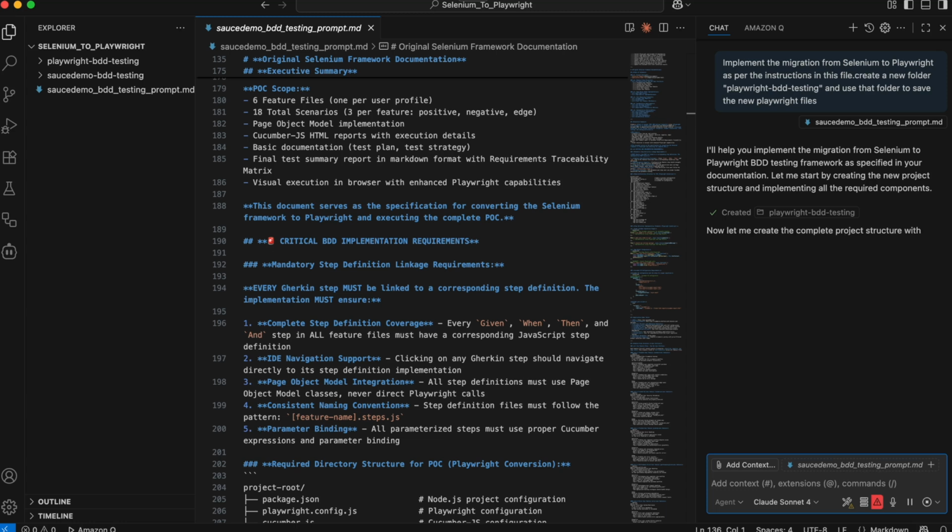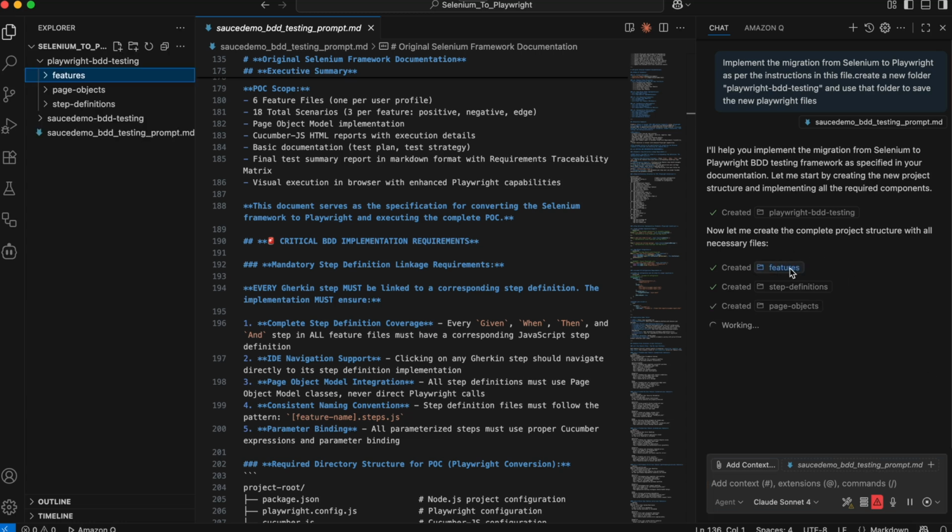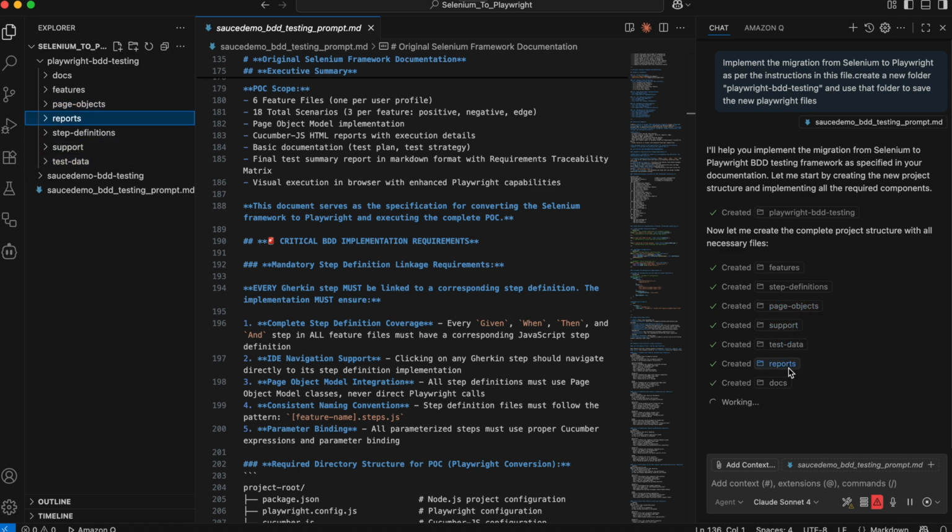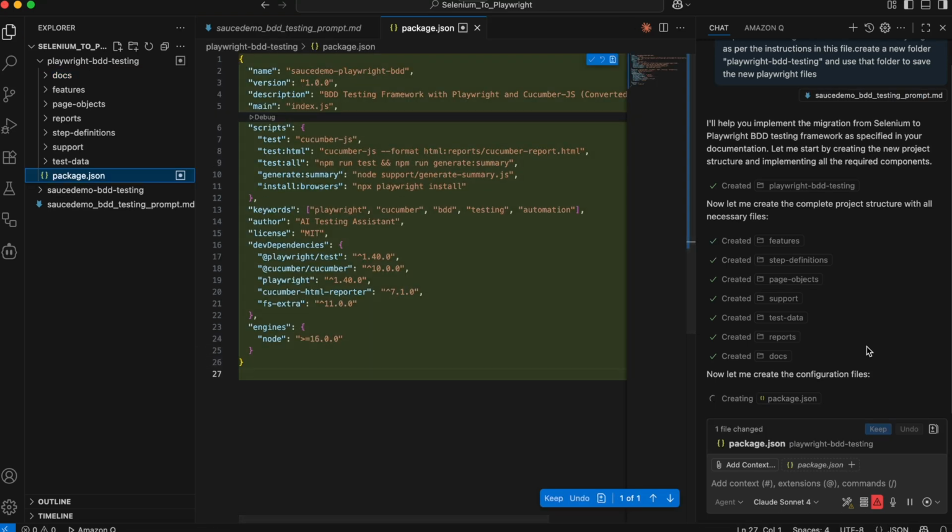Now the Playwright folder is created, and then it is creating all the necessary folders inside that main folder. We have features, page object, reports, step definition, support, test data, docs. All the folders are created,